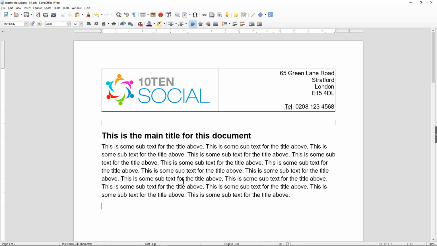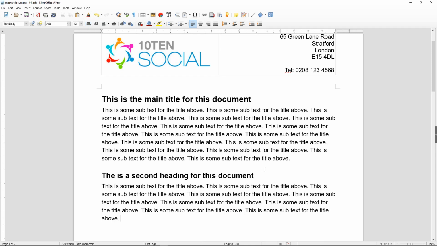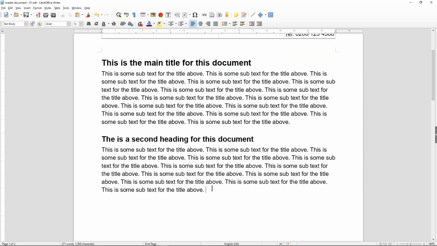I'm going to hit the enter key, and I'm going to write, this is a second heading for this document. I'm going to highlight this text, and I'm going to make it heading 2, and then I'm going to hit the enter key, and we're going to put some more subtext. We've still got this in memory, so I can just Ctrl V to paste it, or you can right click and press paste here. We'll do the same thing,